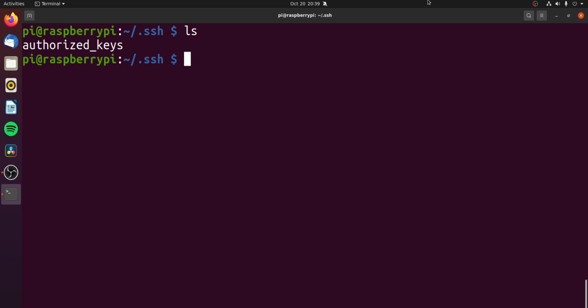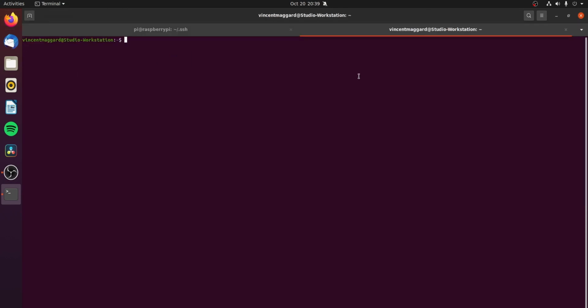So how do we do that? Well, I'll show you right now. So let me open up right here a new terminal, and then I'm going to type ssh-keygen. Hit enter. It's going to say generate a key pair, and it's going to ask me, where do I want to save the file? You want to take the default, which is /home/your username/.ssh/id_rsa presently. I'm going to hit enter.